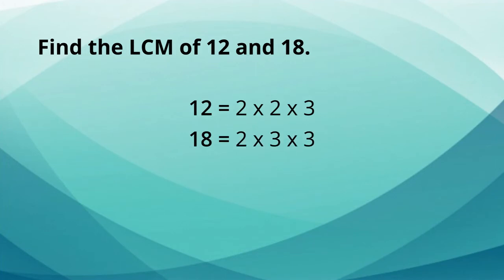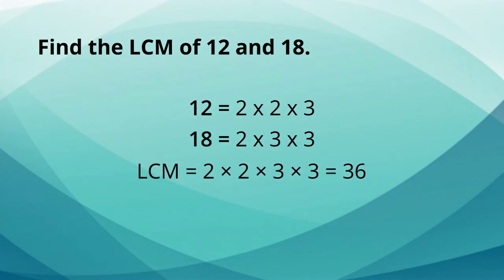In these prime factorizations, the maximum number of times the prime factor 2 occurs is 2. This happens for 12. Similarly, the maximum number of times the factor 3 occurs is 2. This happens for 18. The LCM of two numbers is the product of prime factors counted the maximum number of times they occur in any of the numbers. Thus, in this case, the LCM is 2 multiplied by 2 multiplied by 3 multiplied by 3, which is equal